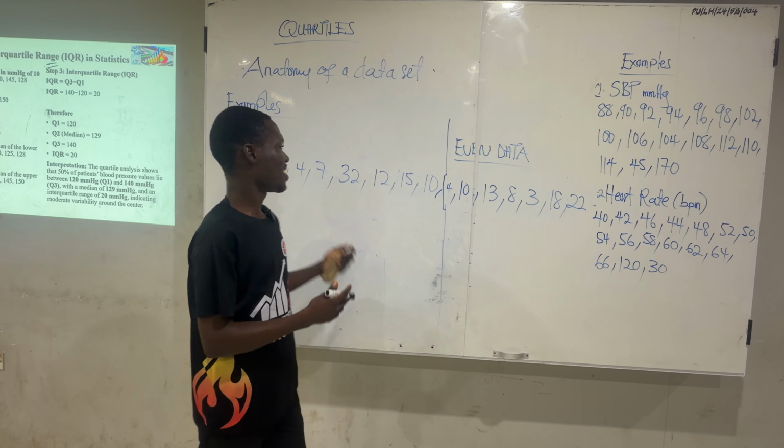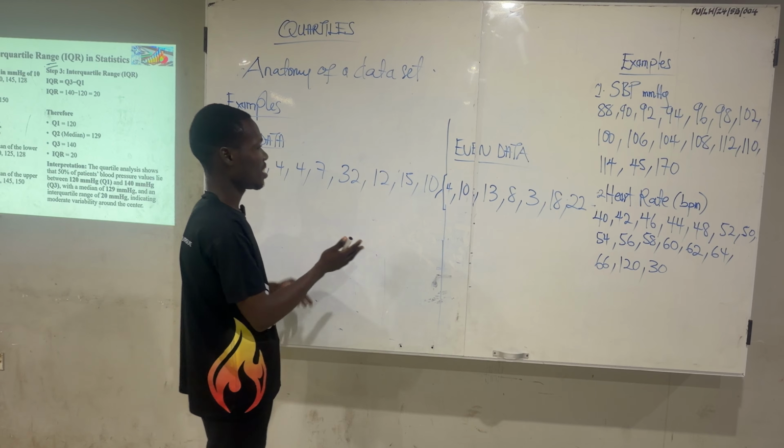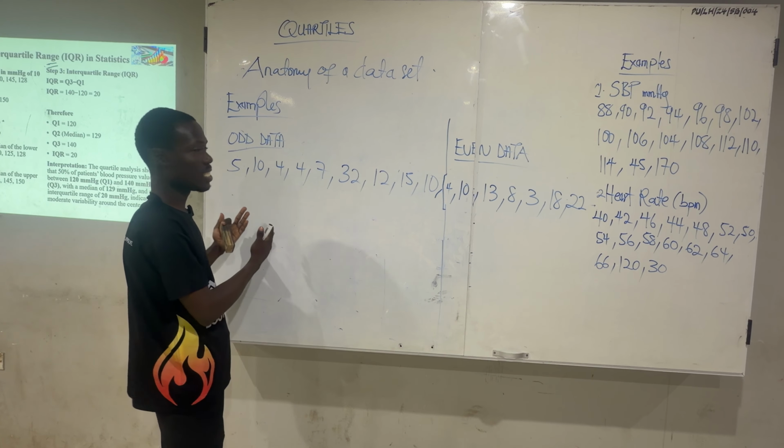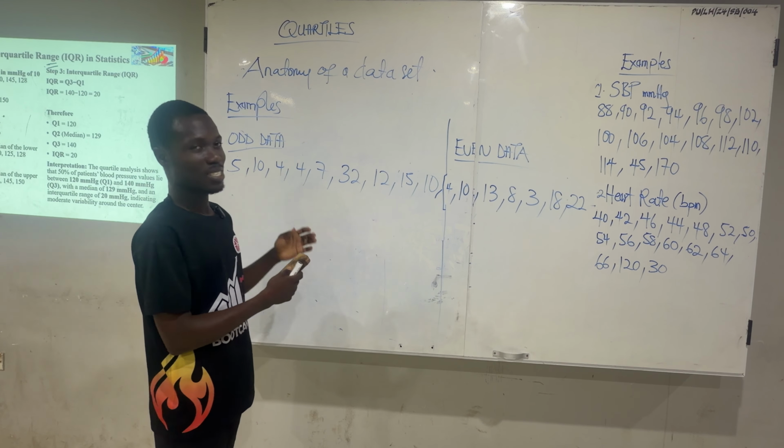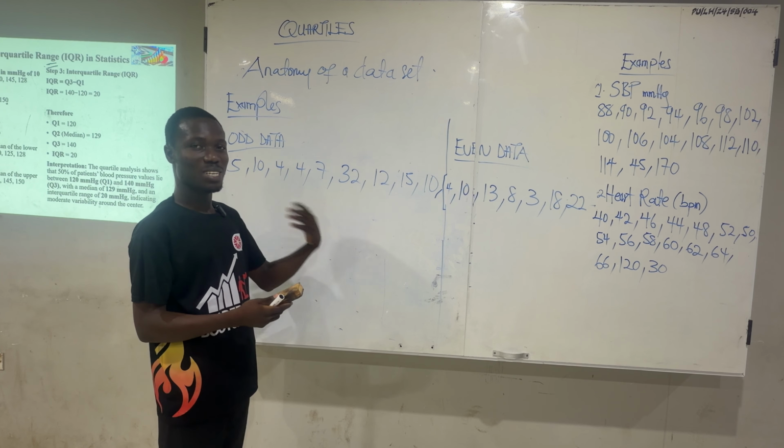Okay, so let's look at this example. We are going to look at the odd data and the even data. So let's start with the odd data. With quartiles, the first principle is that once we are given the data, you have to arrange the data